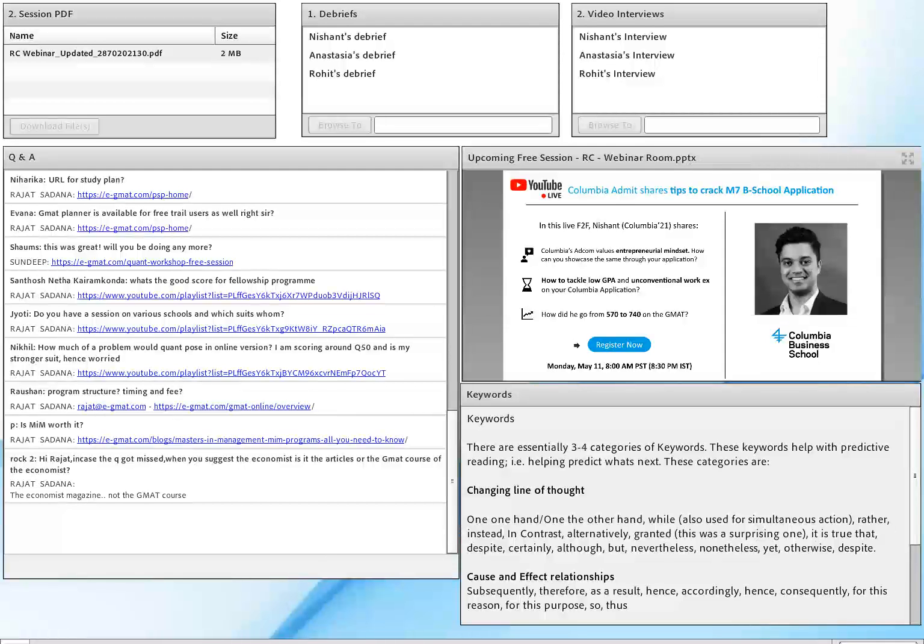Is there a video on pros and cons of a 1-year MBA versus a 2-year US MBA? That's what I can really tell you. We've written a blog article. We probably will write a video on that as well. So here is the blog article.